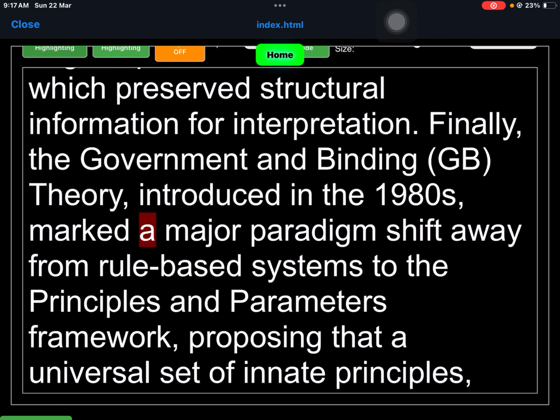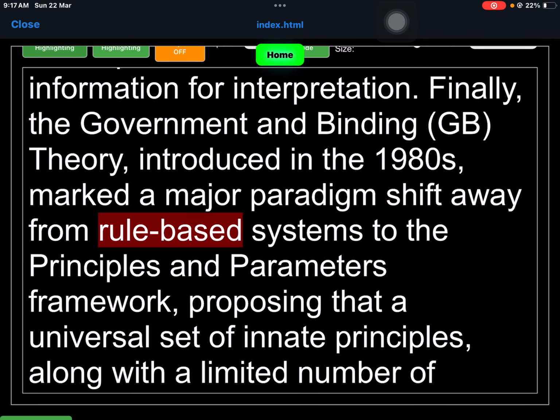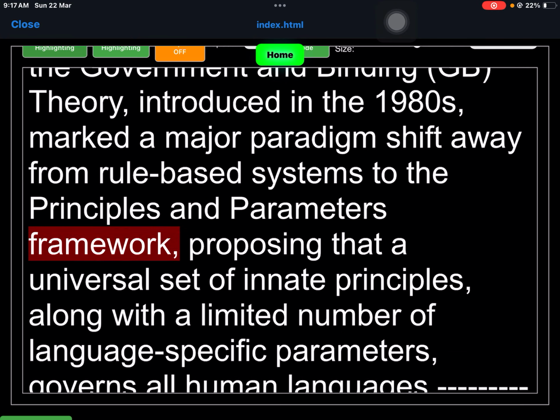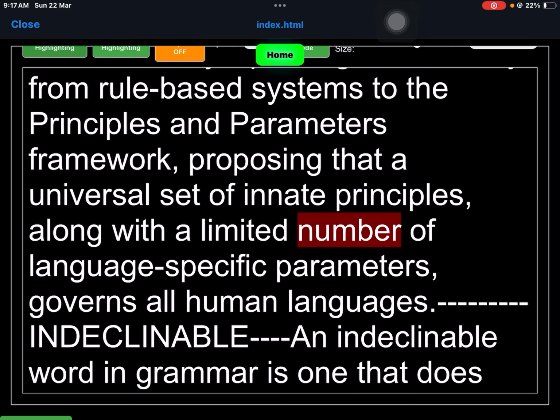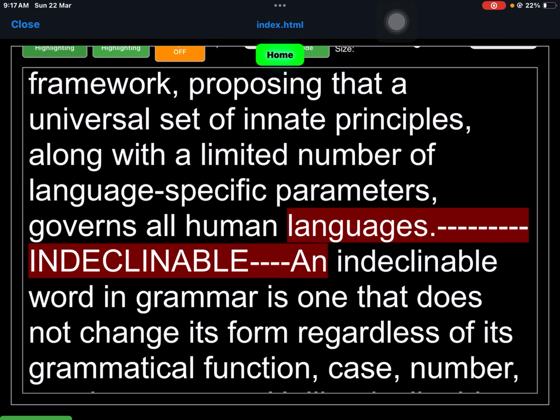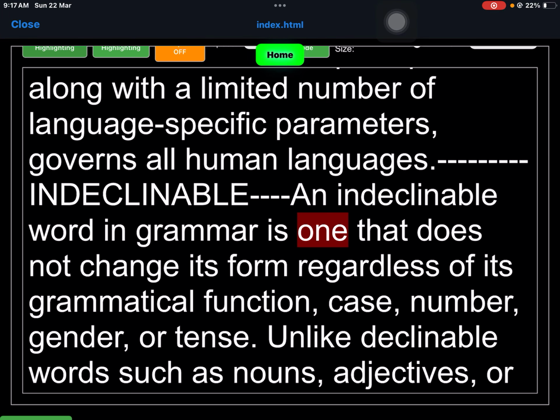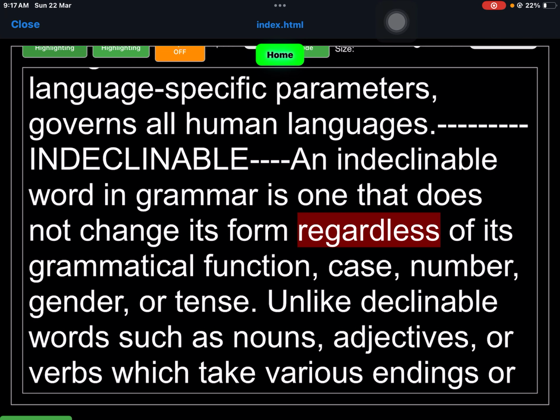Finally, government and binding theory, introduced in the 1980s, marked a major paradigm shift away from rule-based systems to a principles and parameters framework, proposing that a universal set of innate principles along with a limited number of language-specific parameters govern all human languages. Indeclinable. An indeclinable is a word in grammar